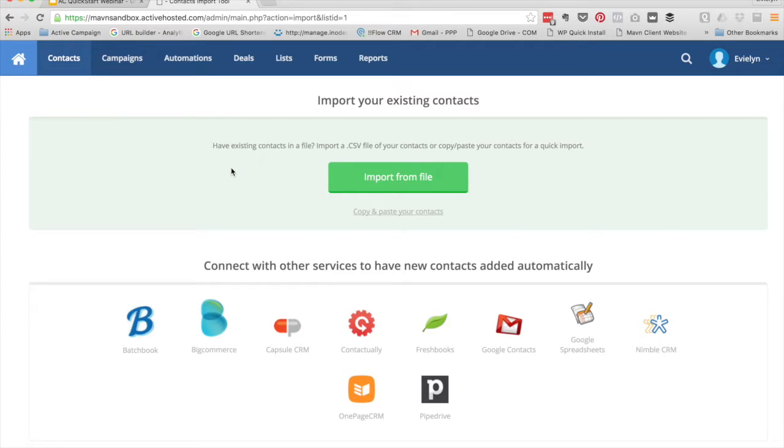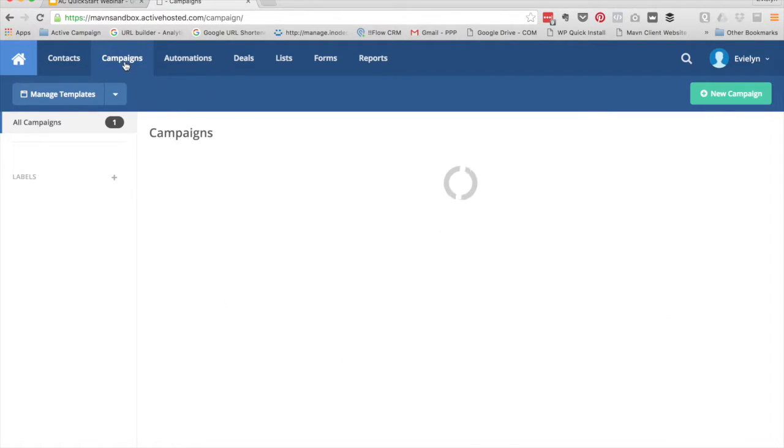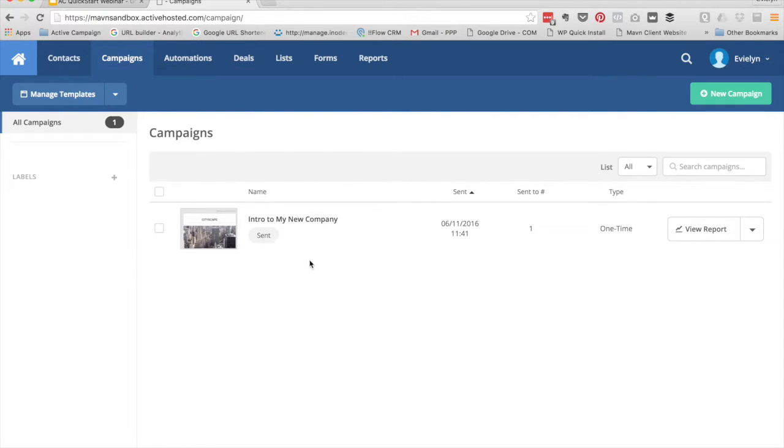So then once you import your contacts, you obviously want to start sending them campaigns. So we can always come up here to campaigns, and it's really easy to send a campaign. Now in ActiveCampaign, a campaign is a one-time email that you would send to your subscribers, like a monthly newsletter or sending them your weekly blog post, something like that. So you come up here to New Campaign,